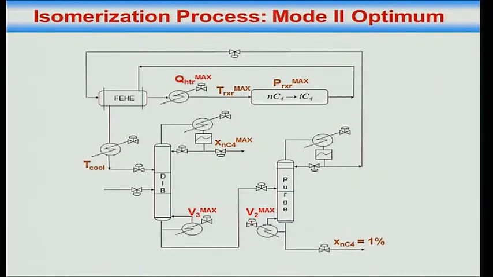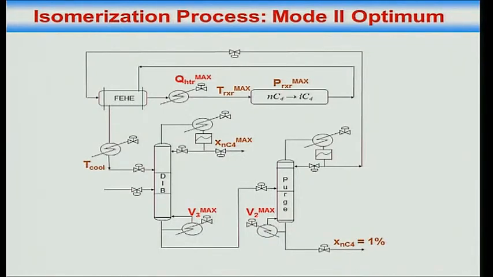Why will it suck up more? That's the question. Control the level using Level. Yeah, sure, I agree. What is boil up doing? V3 max is essentially preventing heavy feed from leaking down the bottom, preventing IC4 from leaking down the bottoms. If I drive it to max, what will happen to the IC4 leaking down the bottoms? It will become less.